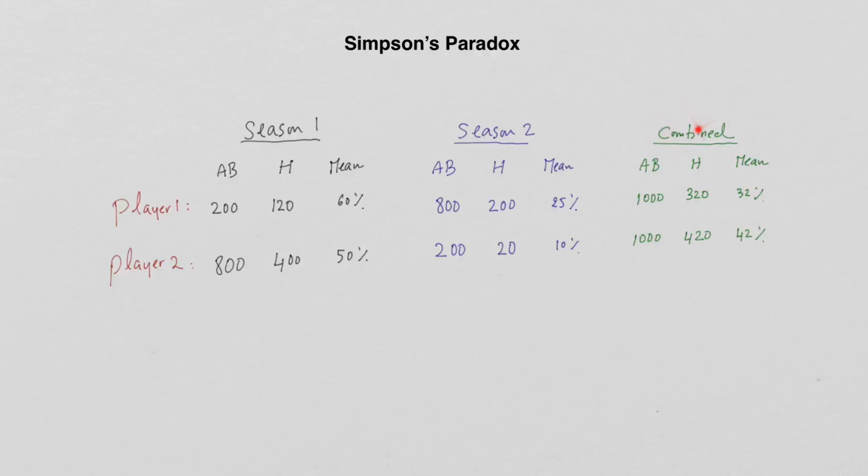But overall, who did better? Is that stunning to you? Is that surprising? It's not surprising. The math told me that player 2 did better when you combine their seasons. Yet, player 1 did better during season 1 and season 2. And I could have done 10 seasons where player 1 would do better, season 1, 2, 3, all the way to season 10. For 10 years, player 1 could do better. But overall, player 2 turns out to have a better batting average.